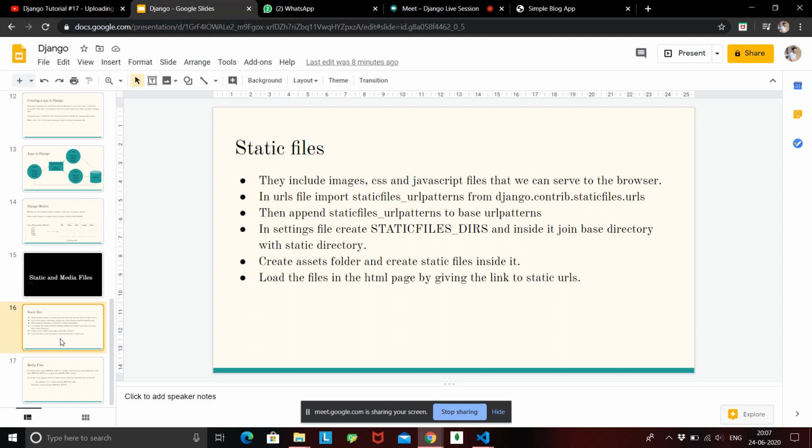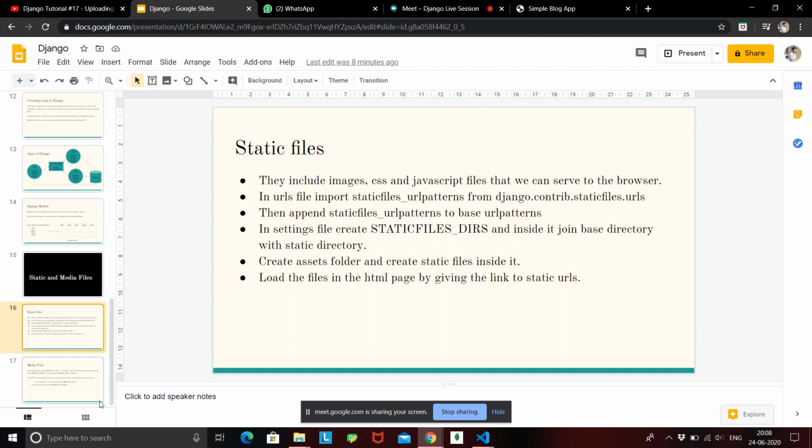So how can we add static files to our Django website? There are a few settings that we need to make, and let's start making these settings in the settings.py file. This is a little bit confusing, so make sure you make the same changes along with me, so later on you won't get any errors or find any difficulty. We'll take it very slow. Just make sure you follow along and make the subsequent changes in your project also.